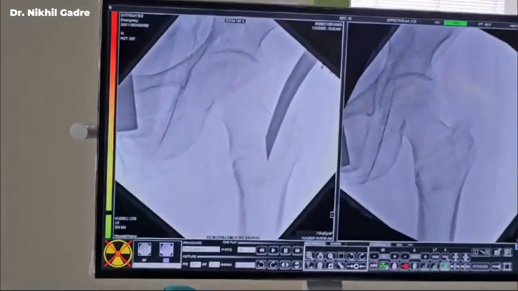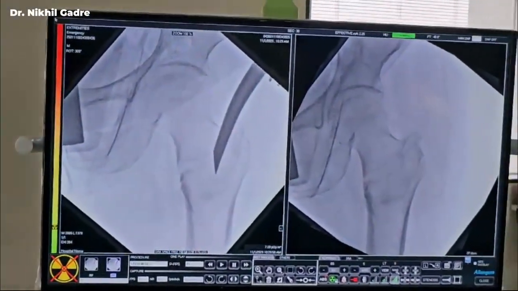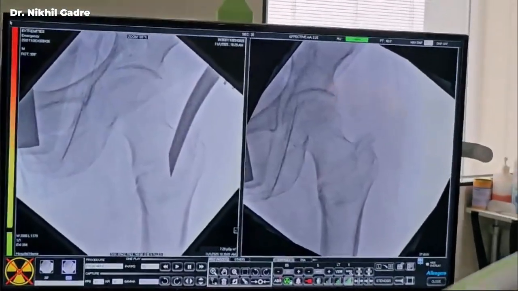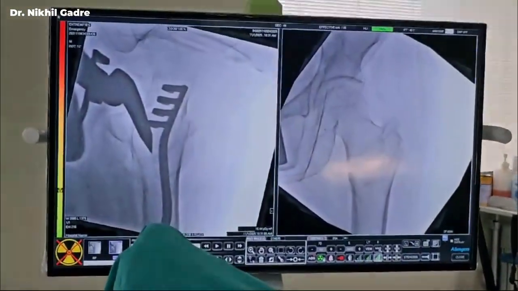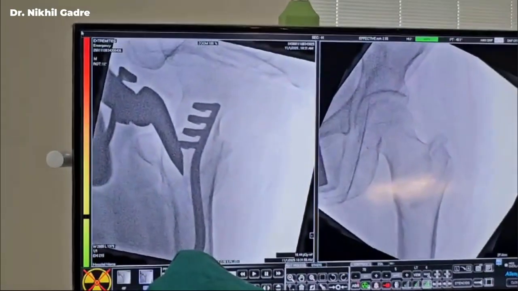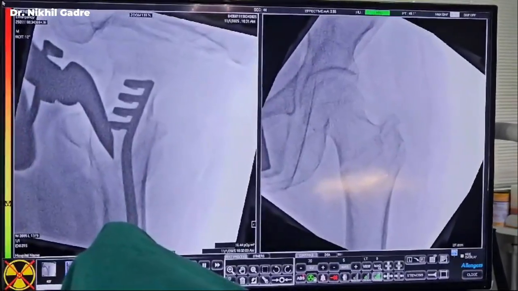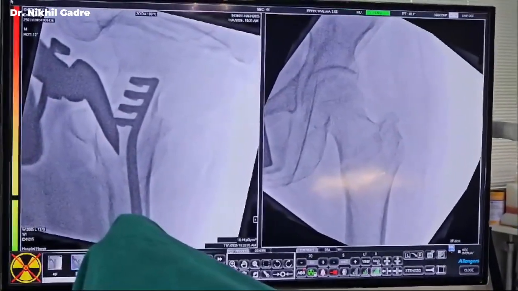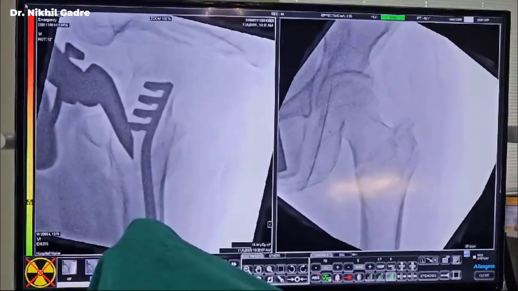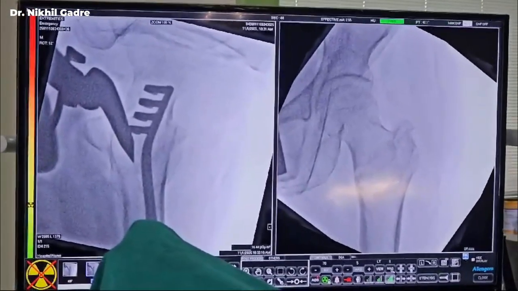This is the entry on AP, but I won't go further deep till I'm sure of my entry in the lateral view. This is the entry on the lateral view. Mark it. The entry should be the junction of the anterior 2/3 and posterior 1/3. That will give you proper access to the medullary canal without causing cortical breach in the neck of the femur